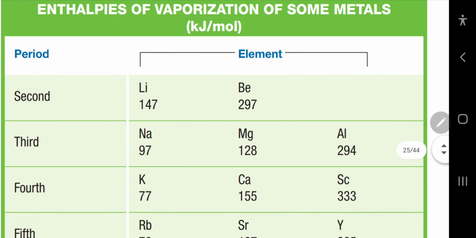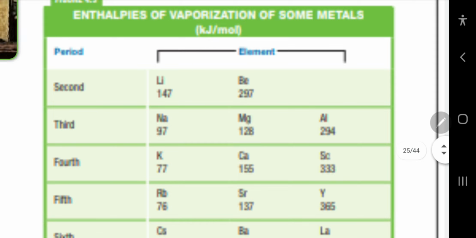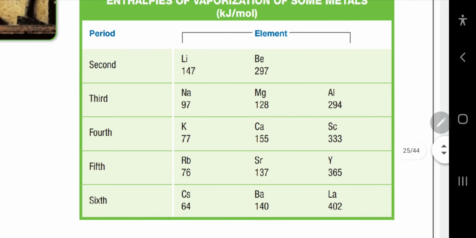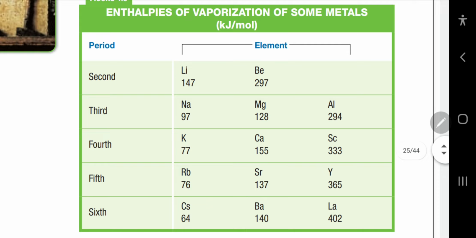As you can see here, it actually depends on the number of valence electrons available to form the sea of electrons. So as the number of valence electrons increases, that means that we will have more electrons and more negative charge available to make attraction with the positive atoms inside, which means the strength of the